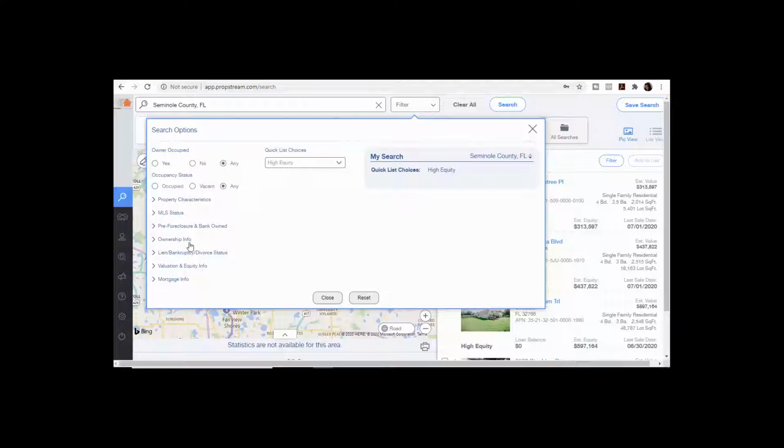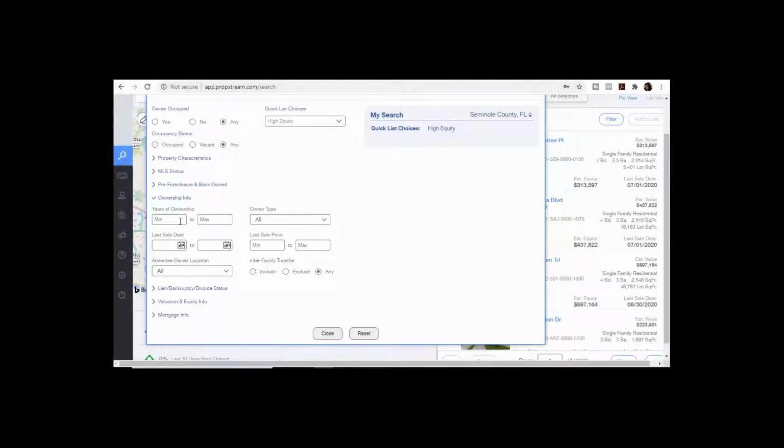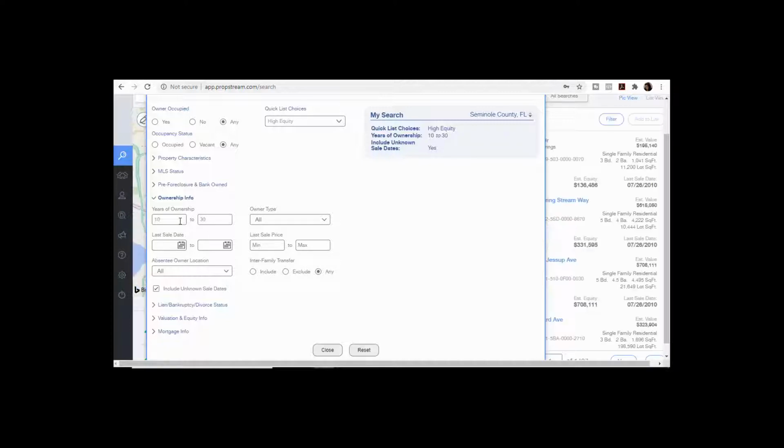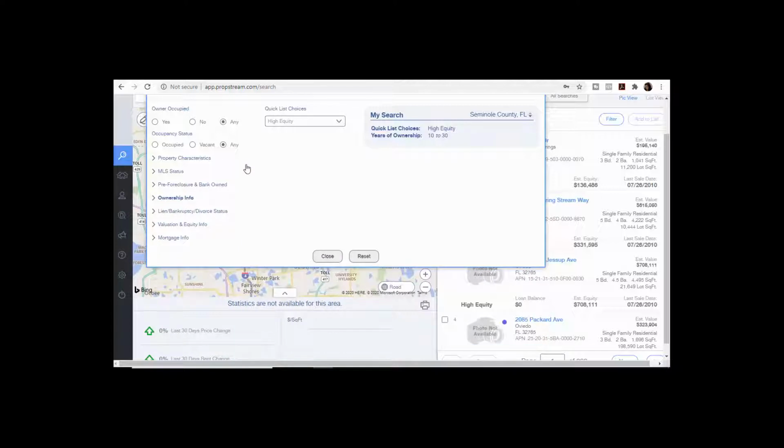So we're going to go to high equity here and then to ownership info, and we're going to talk about the years of ownership. You can add, let's say, a minimum of 10 years up to 30 years. We're going to include absentee owner information. Then we can go to foreclosure and bank owned. We don't need any of those. Okay, so in Seminole County,